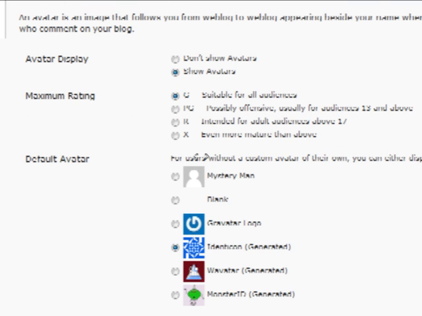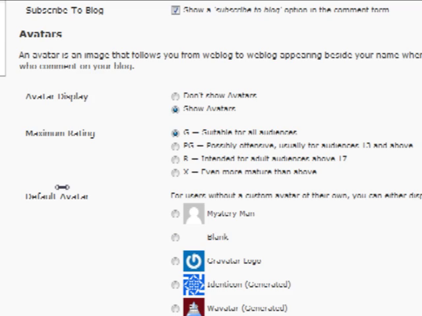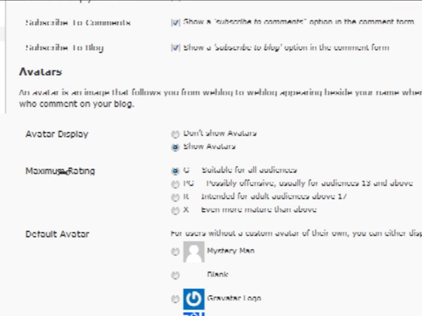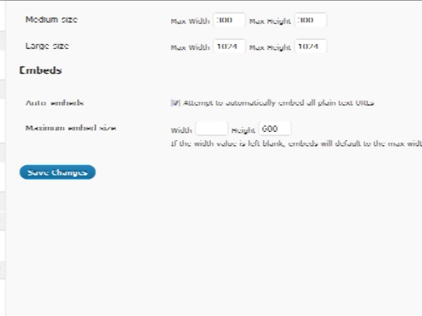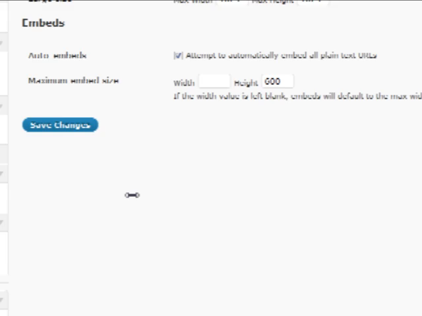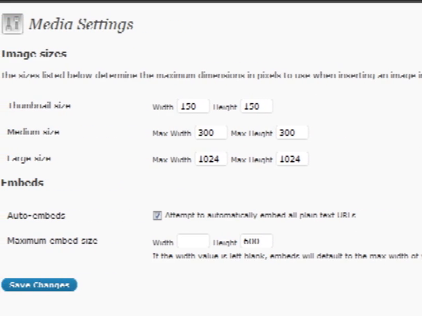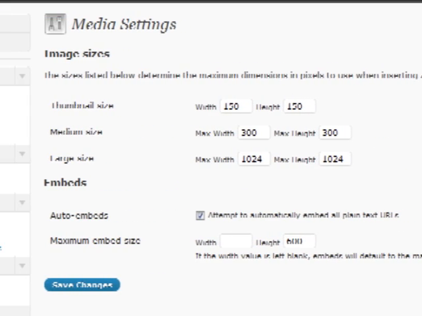If someone becomes a member of my blog, what do I want to use? Their gravatar? Do I want to use a monster ID? Or however, I can choose that. I can also choose ratings of my blogs and how to show my avatars or not to show avatars. Media options. I mean, the list goes on of how customizable this is. I can change this however I want to. But you can see that most everything you're going to see for WordPress is just going to be over here